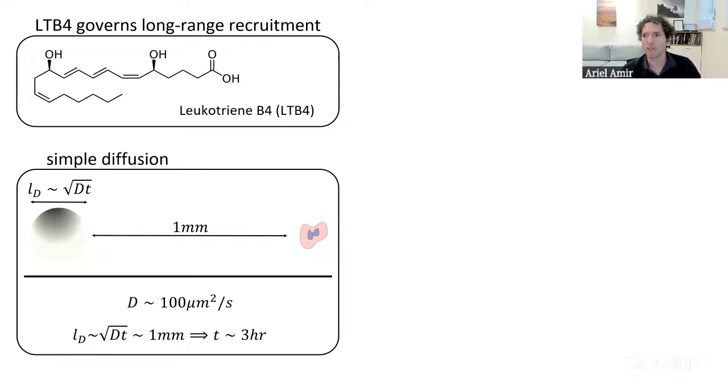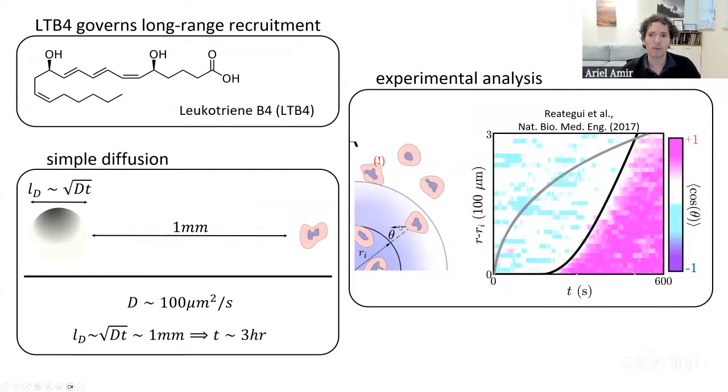Okay, and please stop me if there are any questions. Another way to see that there is a problem here is when you think about the sort of information front you expect from diffusion. Length should scale as the square root of time, so you expect something concave, while the experiments show something like a time delay followed by an almost ballistic propagation of this information front. So something doesn't add up, and there has to be a different mechanism for recruiting the neutrophils to the injury